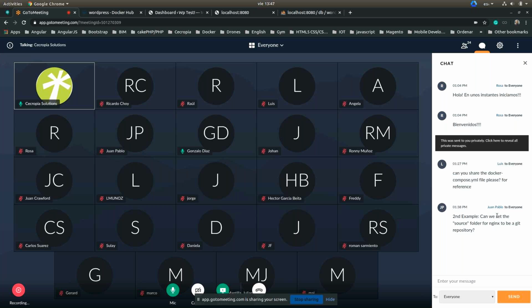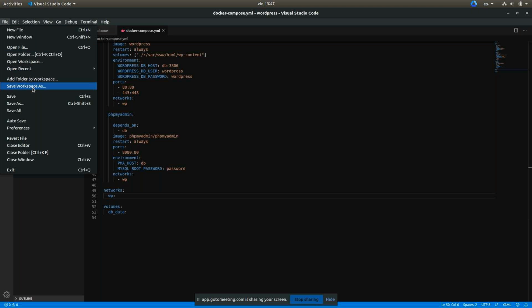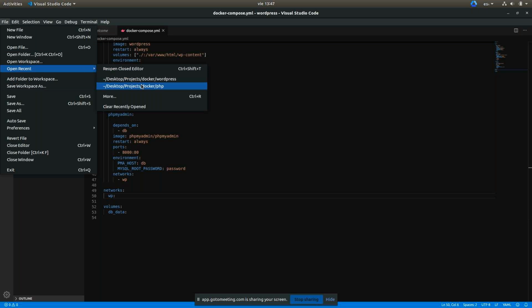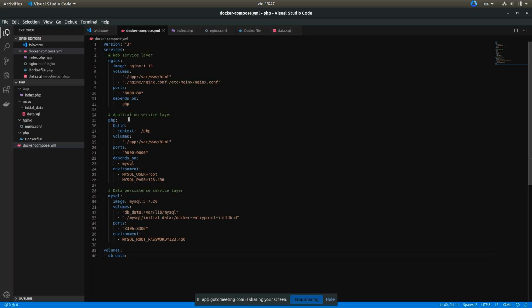Not for the Nginx per se, but here for the PHP, you can execute commands like git pull and clone or anything you need to execute in this place, and leave the configuration on the Nginx as normal as defined here, because the code that is changing will be located in this part of the application.